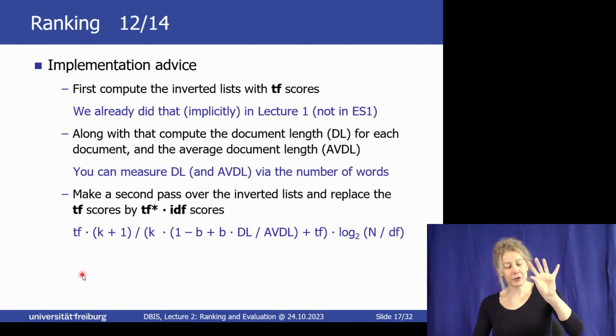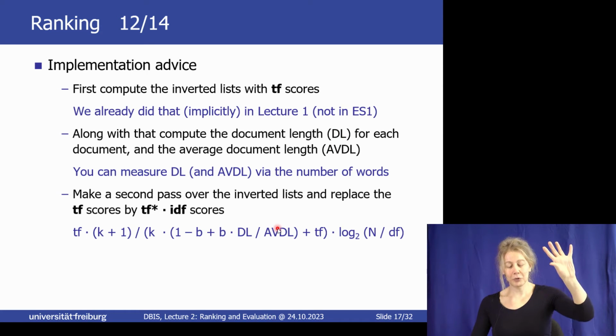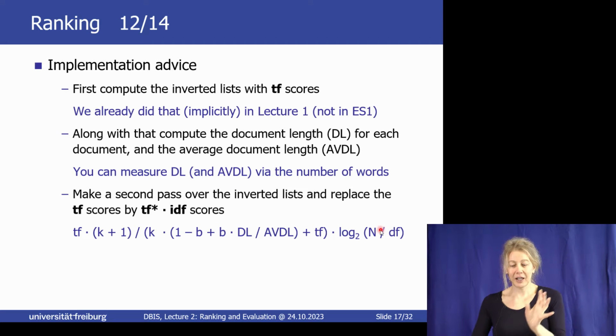And this is important to understand, and I recommend that you do the exercise, then you understand that it actually works. Now when I do the pass a second time, I have all the information, and let's just check to compute this formula. TF, yes, that's what I've computed in my first pass. K is just a parameter. B is just a parameter. Document length, I just said it, you remembered those. Average document length, you could compute it at the end of the first pass. N is the number of documents. DF,